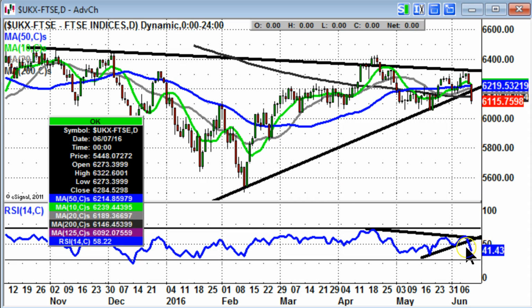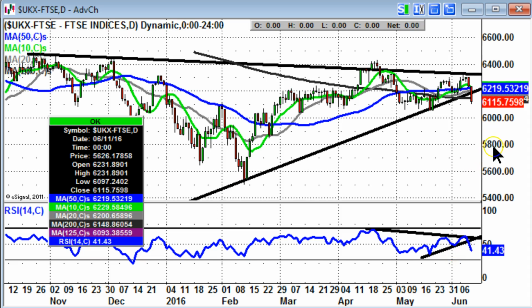Break of RSI support as well. That uptrend line from May should also give us added downward momentum on this occasion. Can't rule out just another range-bound consolidation above 6,000, but this time, after all these attempts to break through 6,400, one would be more confident, if one was a bear, obviously, that there will be a bigger